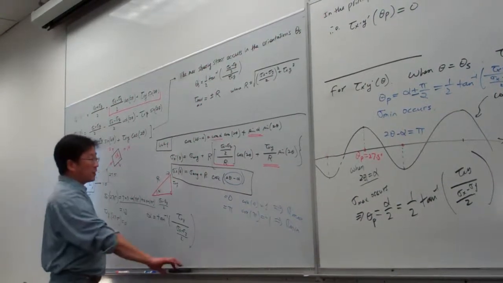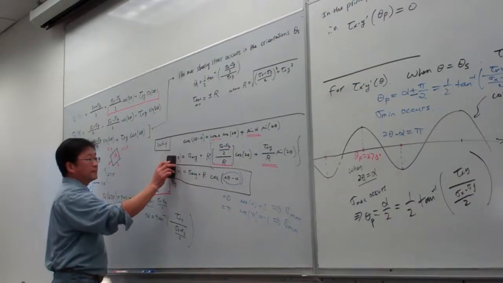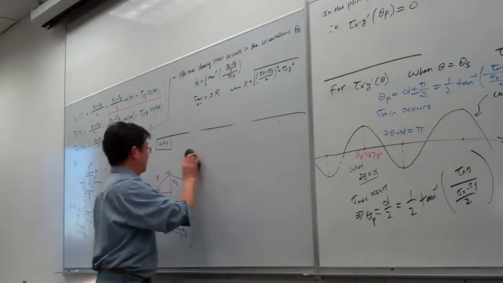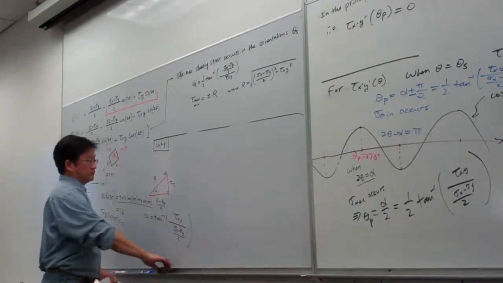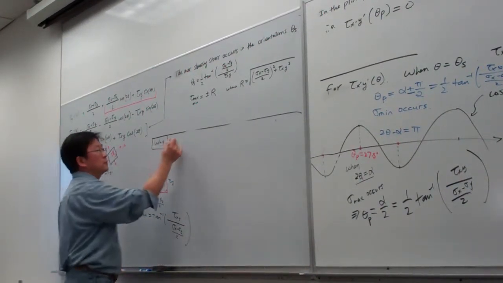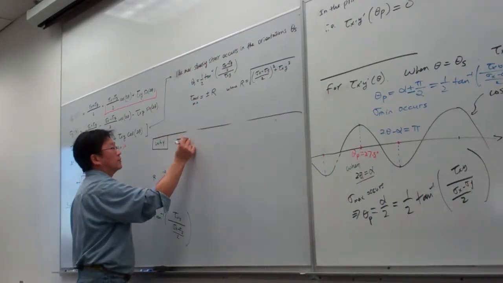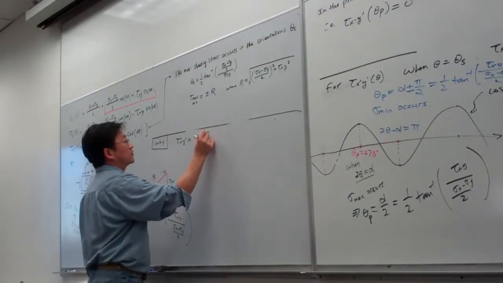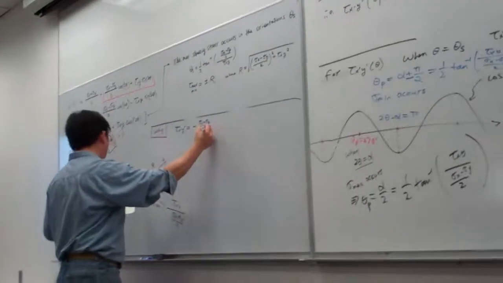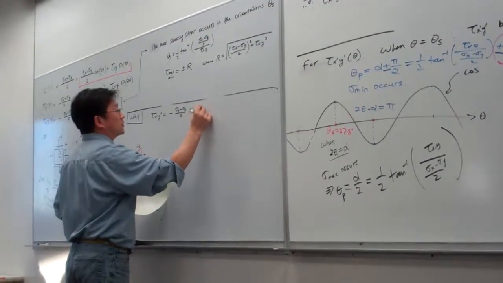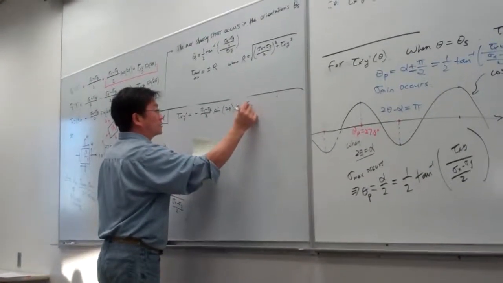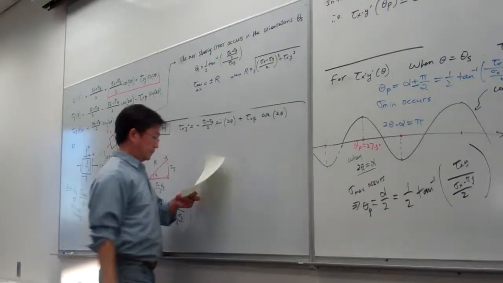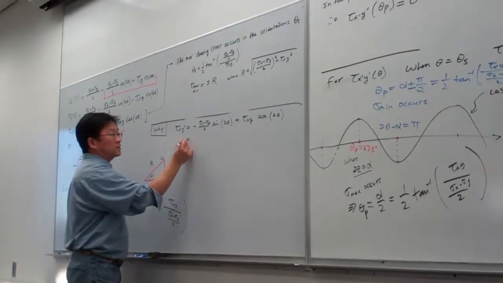The same thing, I will give you a reason why. Tau x prime y prime is equal to minus sigma x minus sigma y divided by 2, times sine 2 theta, plus tau xy cosine 2 theta. And this one, taking a similar strategy